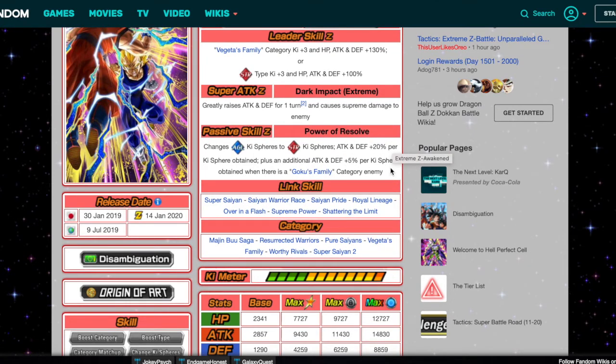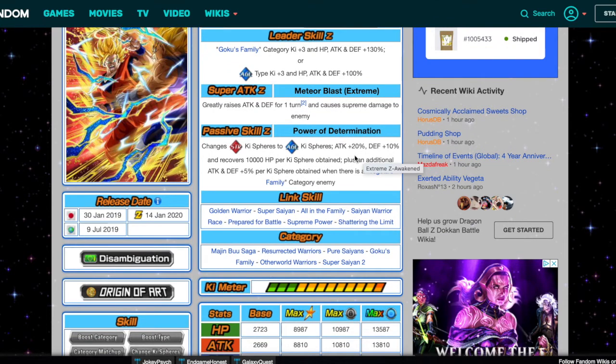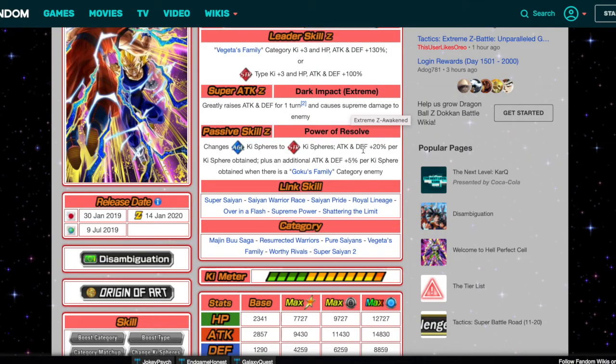So the difference here between these two units, right, is that Vegeta gives attack and defense 20%, but he does not heal per orb that he obtains. On the contrary, Goku only gives 20% or 10% more attack than defense, right? But he makes up for that difference with the amount of HP he recovers per Ki sphere obtained. So it's hard to say which one's better, right? Because here, Vegeta really just, what's it called? He really just, well, maybe I think Goku,